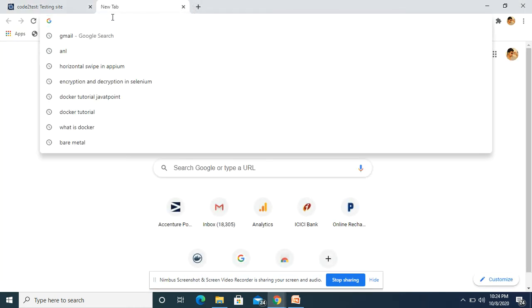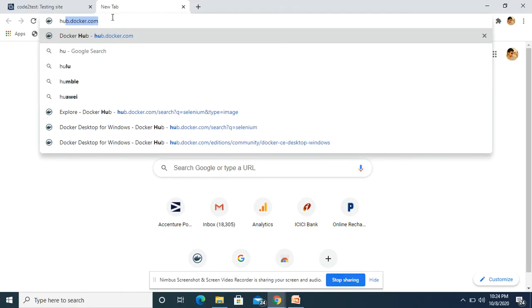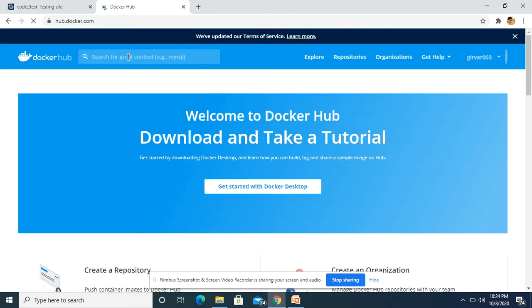Docker has its own repository, which we can call from hub.docker.com. So Docker has a repository. If we want a certain image inside our container, we search for that image.